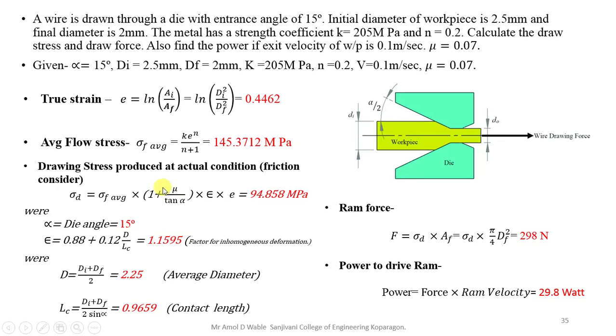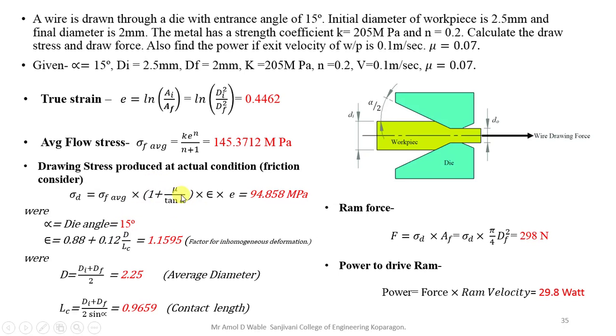So remember that in the bracket equation you have to find this term first, that is mu divided by tan alpha. So what is mu? Mu is 0.07, tan alpha is tan 15. You divide it separately, the value will come for this and you have to add it to 1. And if you do 1 plus mu and divide that whole term by tan alpha, definitely your answer will be wrong. Many, around 40 to 70% of students make the same mistake while solving this type of numerical in the exam. So remember this concept.